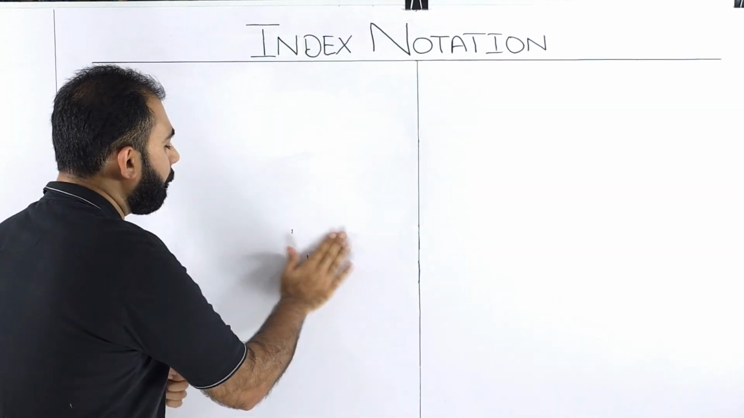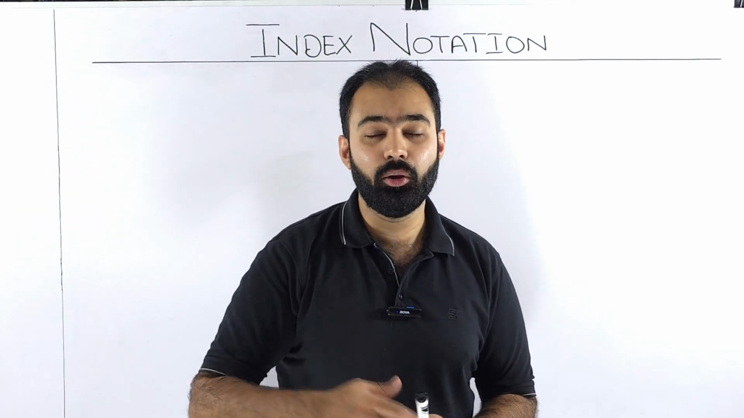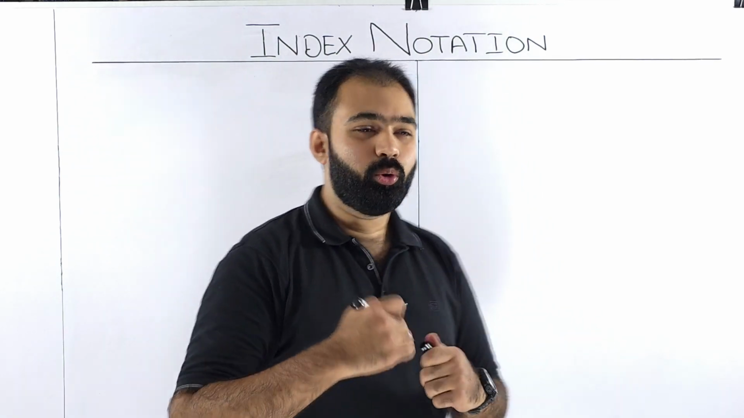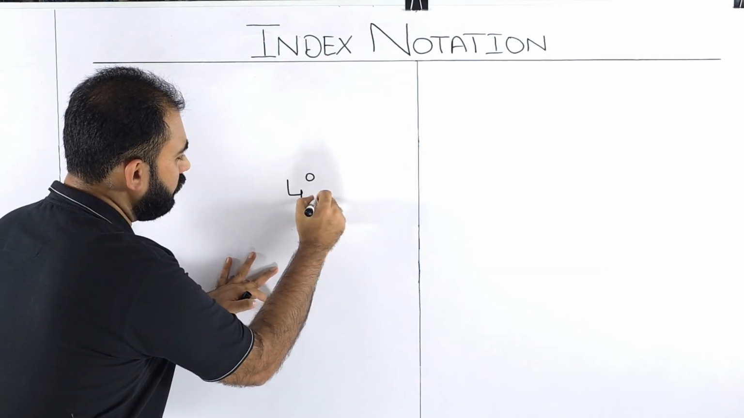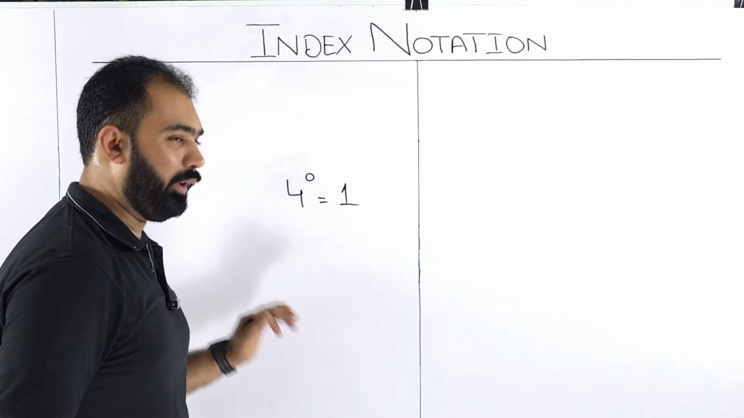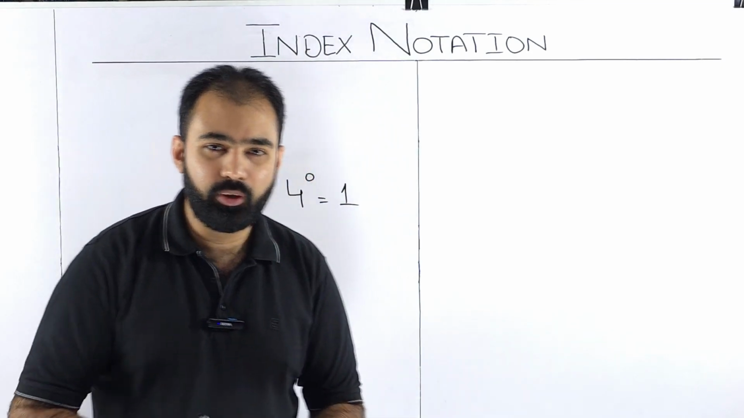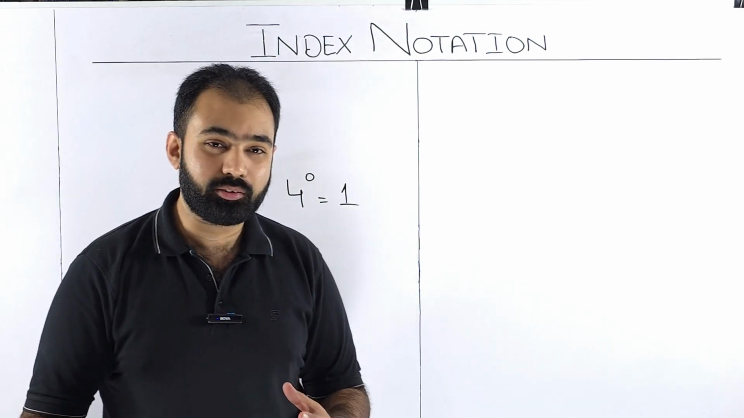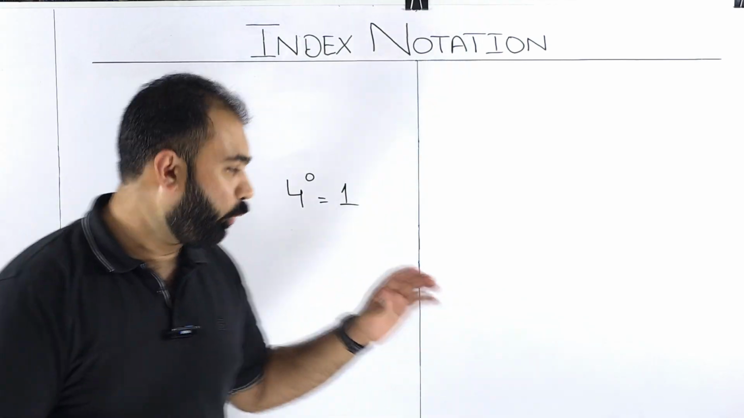Now, what is anything raised to power 0? Here things get a little interesting. I'll tell you simply, 4 raised to power 0 is actually 1. Now, if this is enough for you, you can end the video here. But if you are curious how raised to power 0 can be 1,